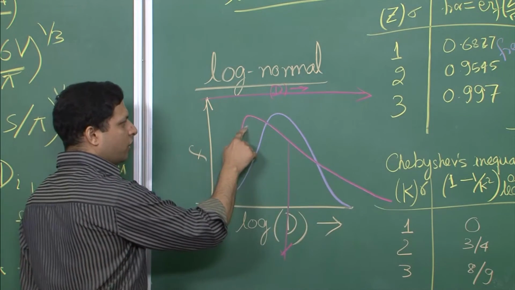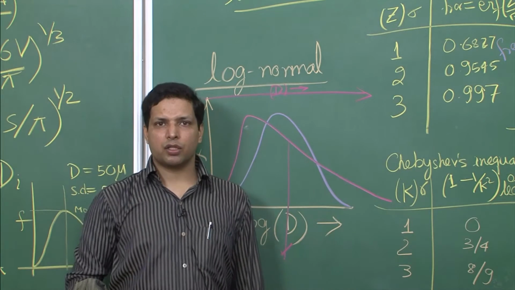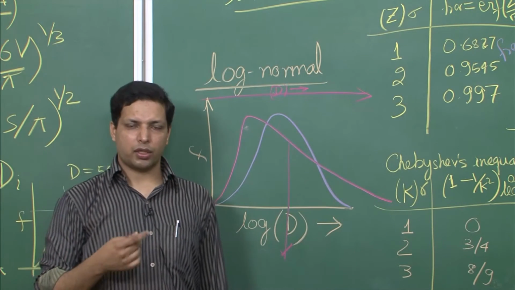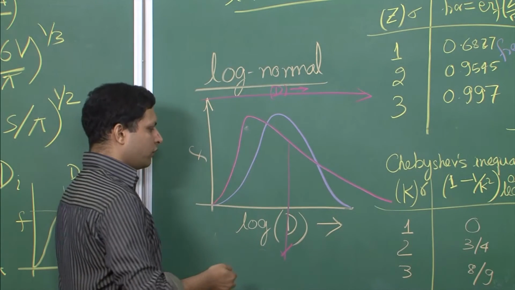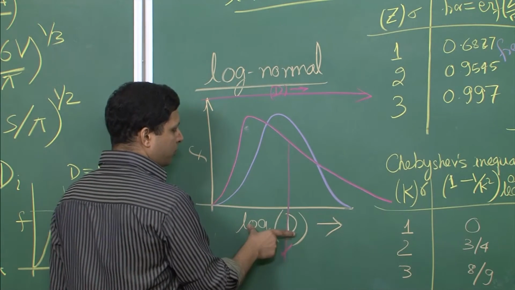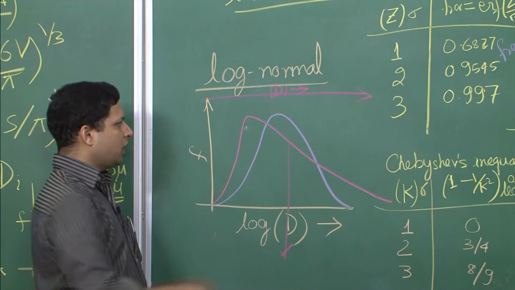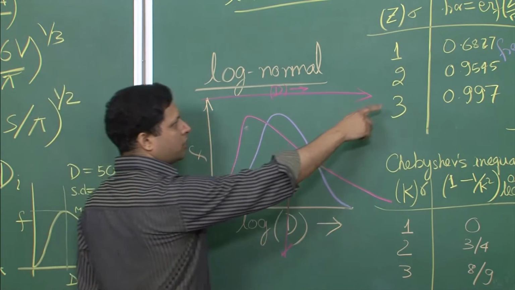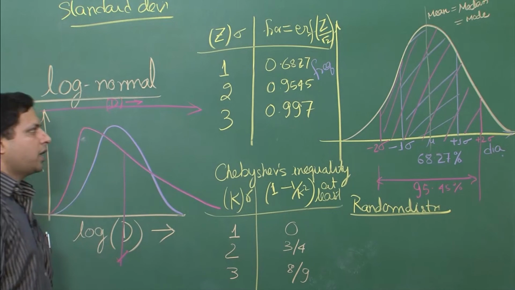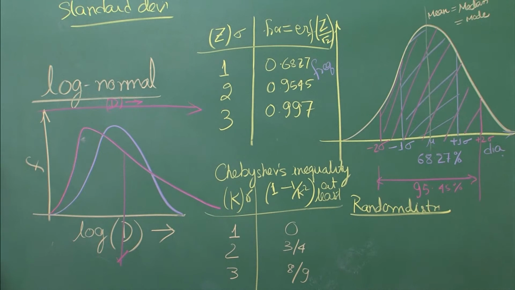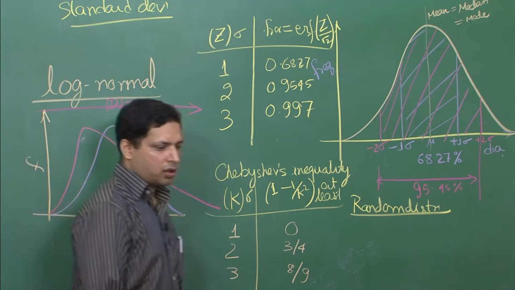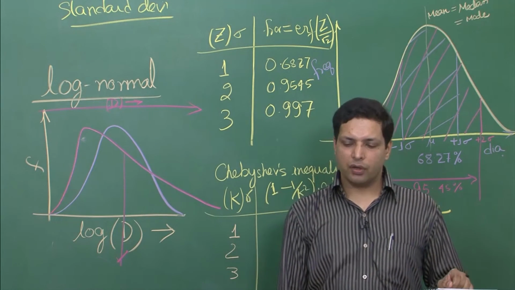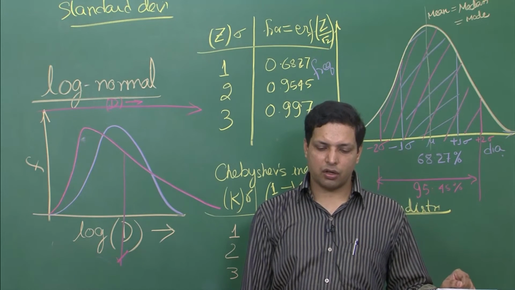So, here you will not be able to apply the plus minus 1 sigma rules to estimate what fraction of data should fall within that. But if you use the log diameter values, then you can use that relation to find how much fraction of data lies within a given standard deviation. So, this is what the distribution is, and that is the implication of the standard deviation of a distribution.